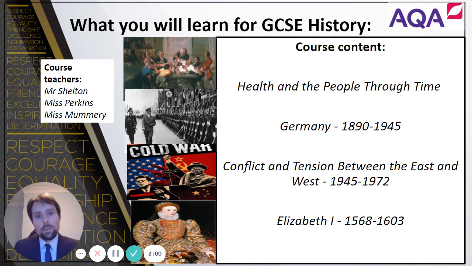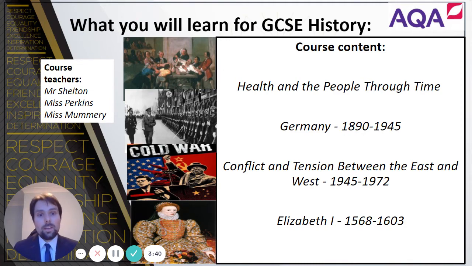The final unit is on Elizabeth I from 1568 to 1603, and that covers the policies that she introduced while she was queen, linked to government, religion, entertainment, and supporting the poor. But it also looks at various key individuals such as Sir Francis Drake and his round the world voyage, Philip of Spain's attempt to invade England through the Spanish Armada, and also the actions of people on the ground who tried to assassinate Elizabeth numerous times. So again, it's about the triumph and turbulent